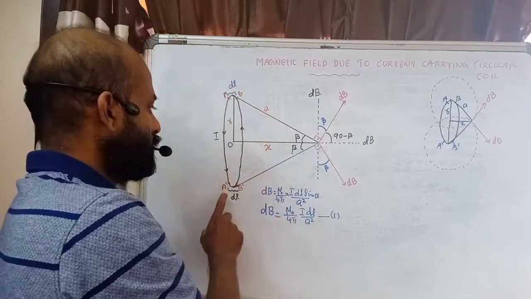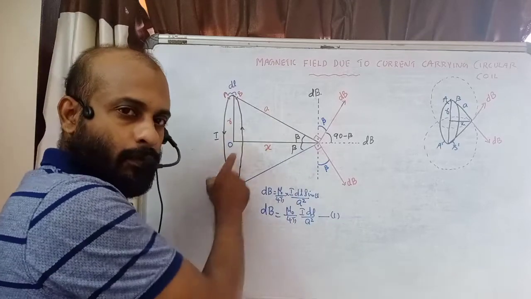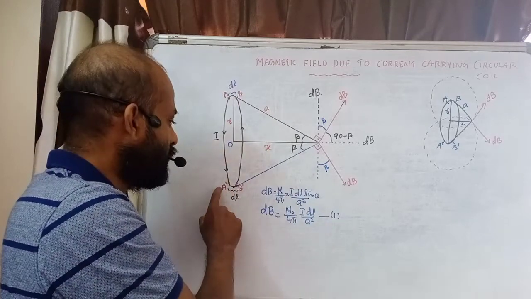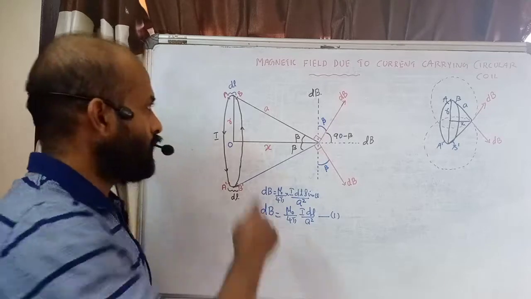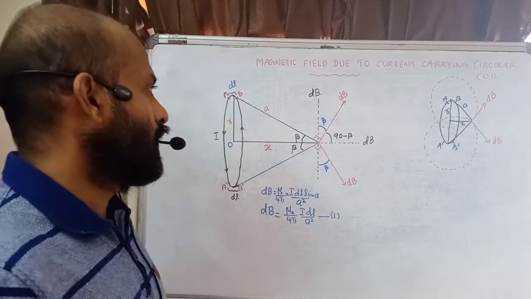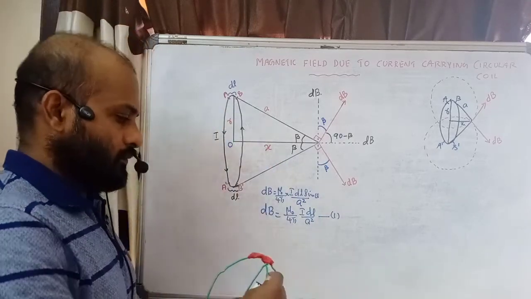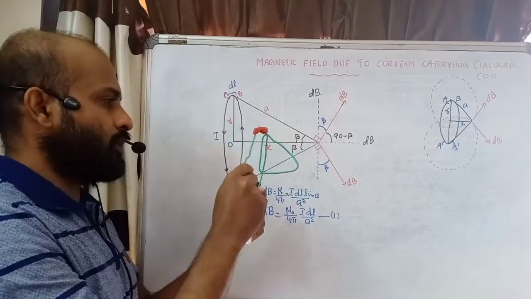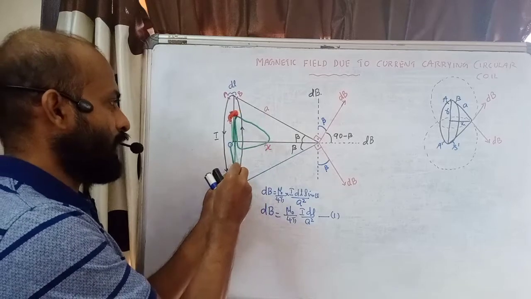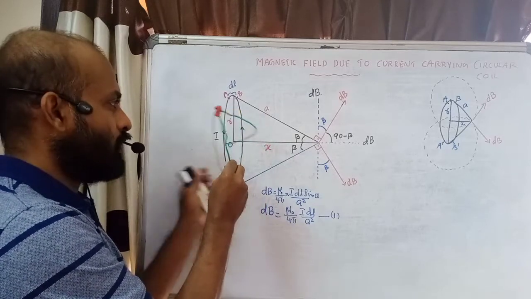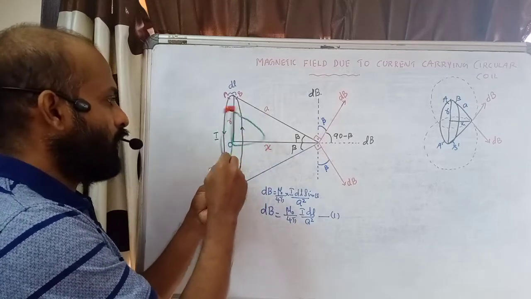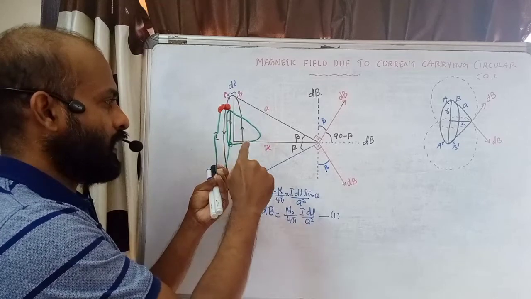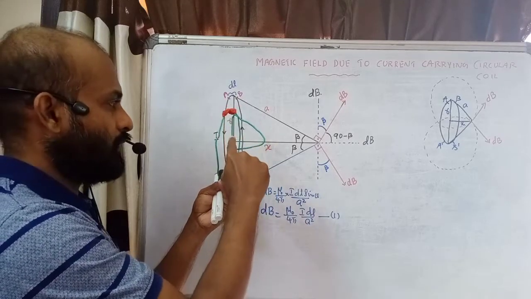dl is the length. Here I have considered one more element diametrically opposite having the same length, that is A dash, B dash. These are two elements. Now I will show one arrangement here. Exactly having the same shape, this is a circular coil. It is placed like this. The plane of the coil is perpendicular to the board. Now this is the center, this is the axial line, and this is indicating the radius.